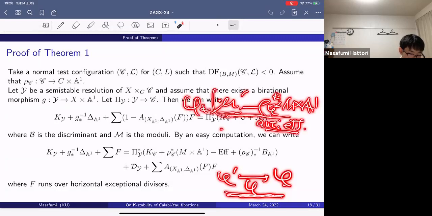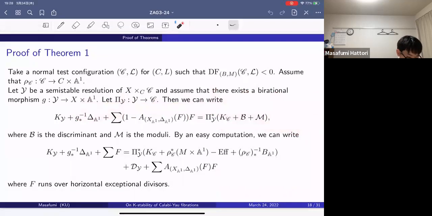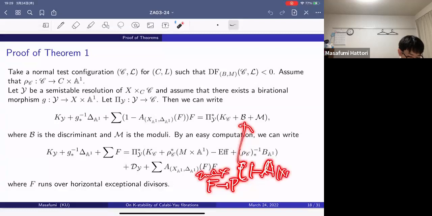So the push forward of this divisor is M minus rho C product M times A1. Thus, carry M is decomposed into the summation. And carry B has multiplicity of max F, one minus a XA1 delta A1 F. Here P is the component of